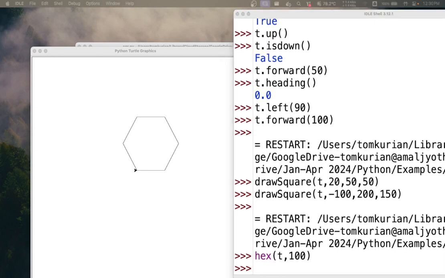Now let's take this one step further to create a very interesting design. I think